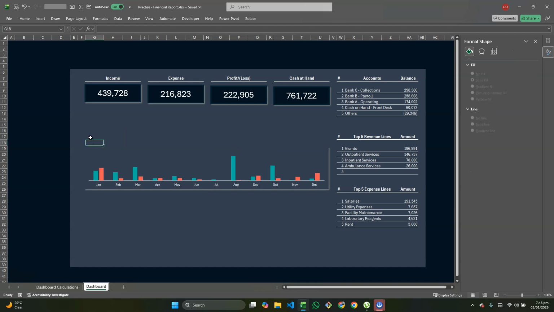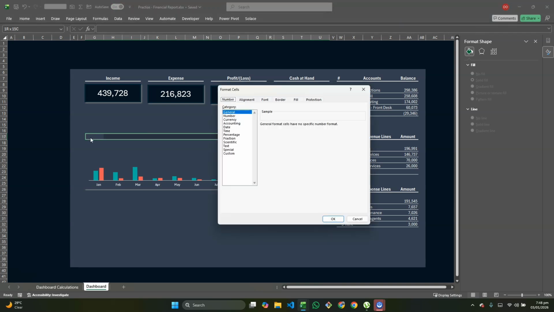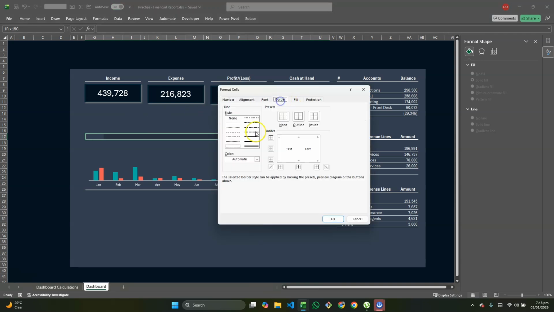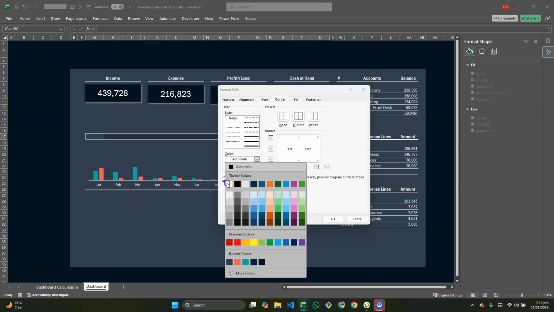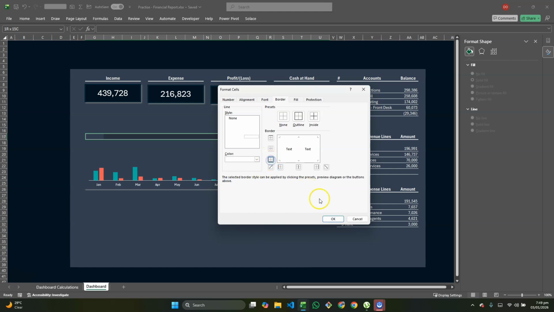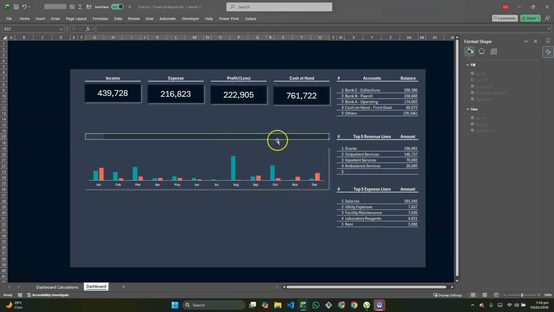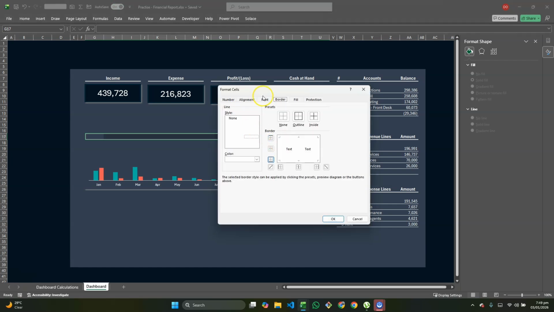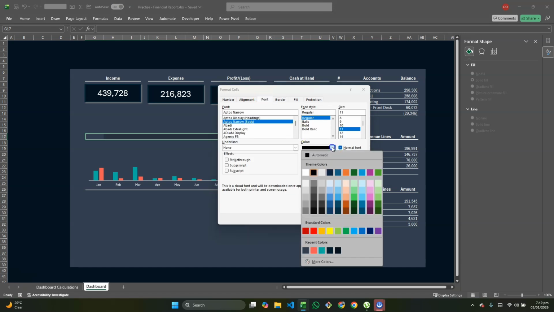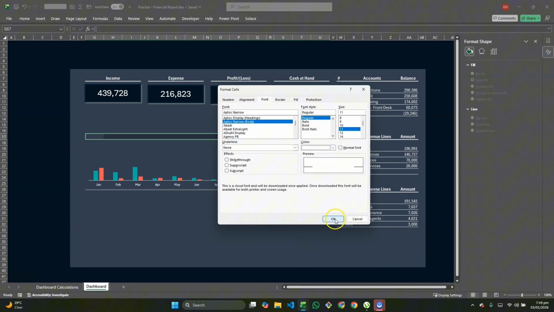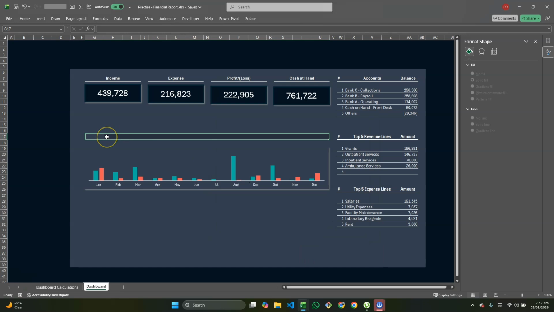Okay, so I'm just going to stand here. All right, Control 1. Come here to border. Select, I believe it's this border, right? Select the white color and then apply this. Click OK. Control 1 again. Font, let me make the font white. All right, okay, good. So we're just going to call this